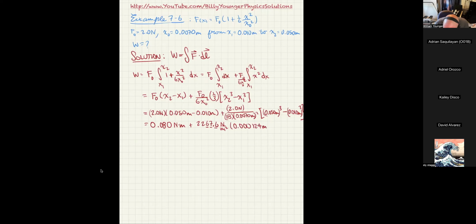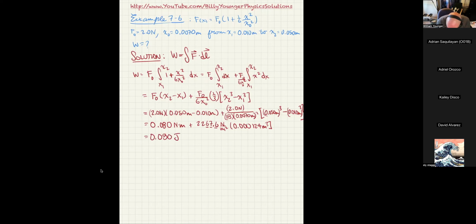So anyways, the result is all of this is going to be multiplied by 0.000124 meters cubed. Now we can see that the meters cubed multiplied by the meters squared in the bottom is going to cause the meter squared to disappear, and the meter cubed is going to be replaced with just a meter, and then that's going to be multiplied by a newton, and therefore we're going to get a newton meter again. So I take the 0.000124 cubic meters, multiply it by the 2,267.6, which is more than enough sig figs,